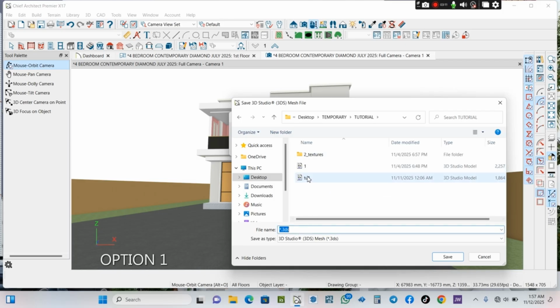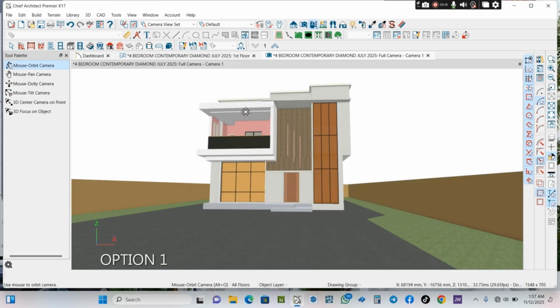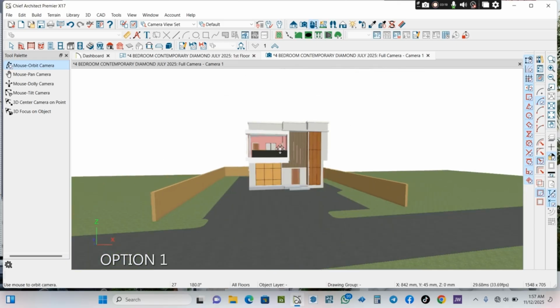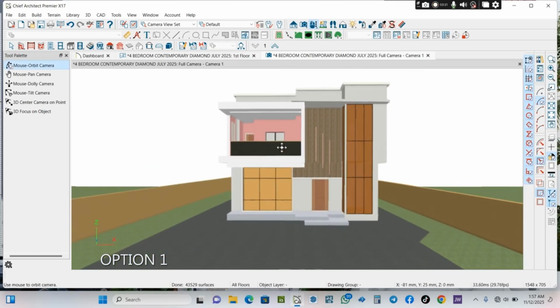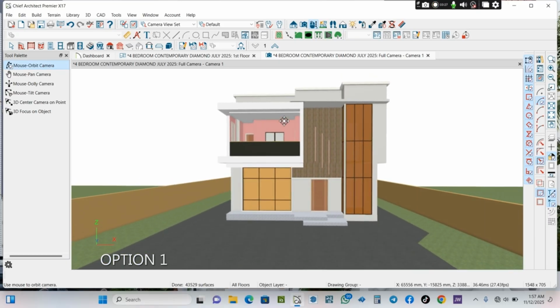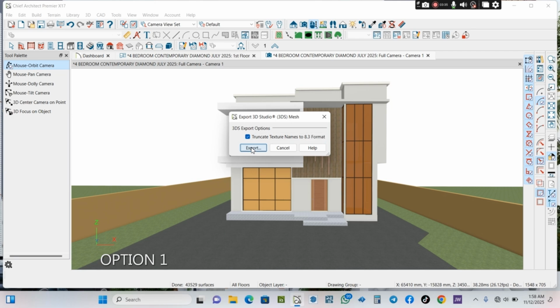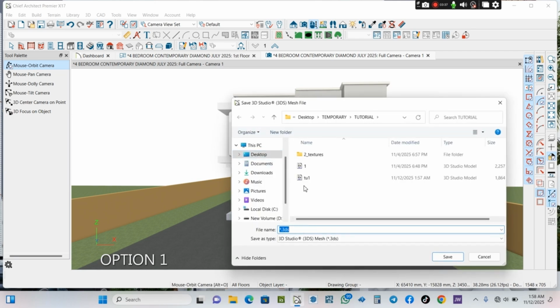I'll just save it as TU1, tutorial 1. I think it's already exported. So to export this model, you just click on File, Export, choose the file format 3ds model, then export. Then you can create a separate name. I already created the name TU1, so you can decide to create any name, save it as any file name. Since we have already saved it as TU1,